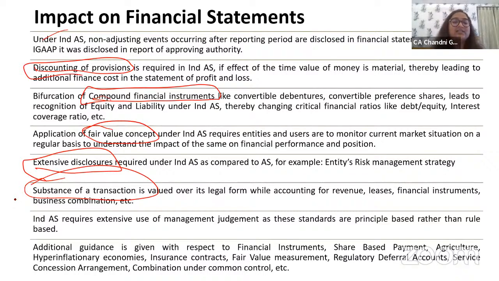Then leases. The leases standard was completely changed in the year 2019, and this is a classic example of substance over form, because earlier when we had any lease, the lessee was classifying the lease into finance lease and operating lease, right? Finance lease was shown on the balance sheet, the asset was recognized and a liability was recognized. But in operating leases, the lease was not shown on the face of the balance sheet, right? The expense was recognized on a straight line basis in P&L, that's all. But now in the new standard on leases, it says that lessee, if you look at the substance of a lease, the lessee has the asset, right?